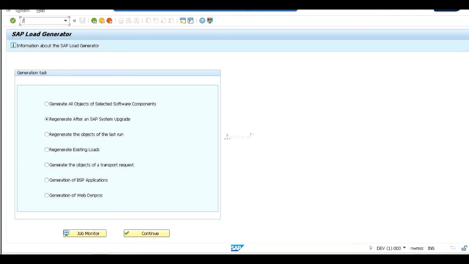For example, if you use /o before the T code, for example, I executed SICK. /o means it will open a new session, one more session, with that screen, with that program.